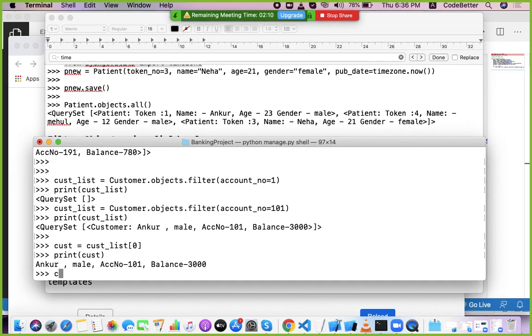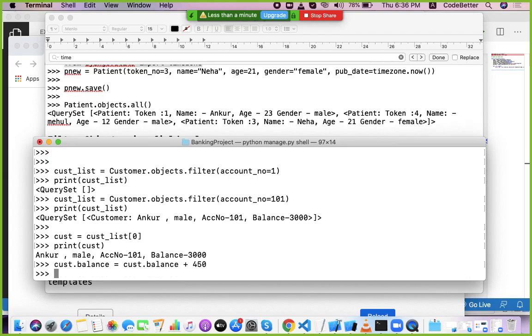Now I can update cust.balance equal to cust.balance plus 450. So this data is updated and I have to save it back. So cust.save. Now this data is updated in the database.